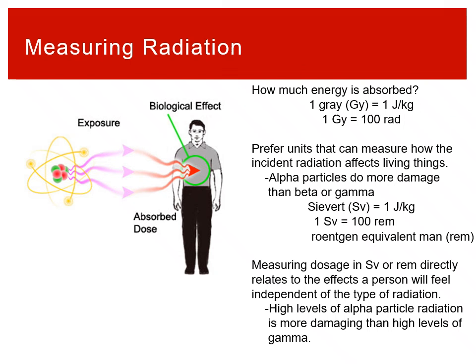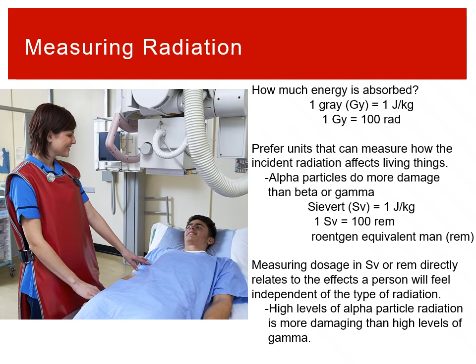The idea of using sievert or rem is that it directly shows effects in people. So often when we talk about radiation, we're going to talk about rem as the main unit because it reflects whether you are getting really high levels of, say, alpha particle radiation, or high gamma radiation. Or was the alpha radiation blocked? Was it into your shirt or into your eyeball? Where did that radiation go? Was it gamma radiation across your entire body, or just in your finger? Something like that. And so, overall, we need to monitor these ideas.